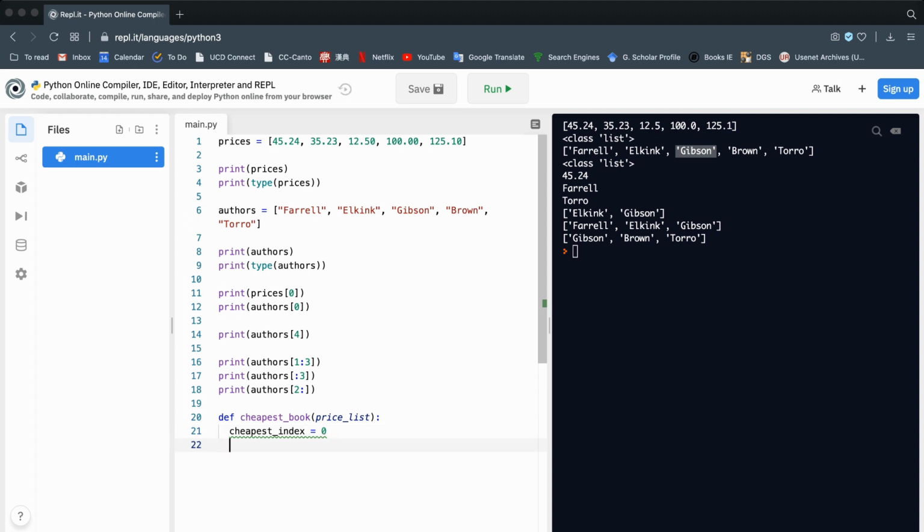And the current cheapest price, we need to put something really high, that definitely no book is going to be lower than that. Something very high. And then we can check while